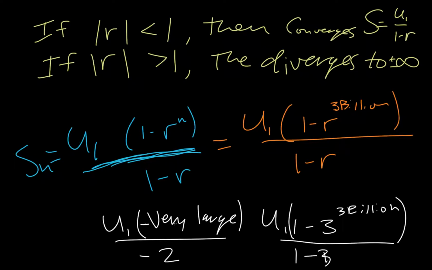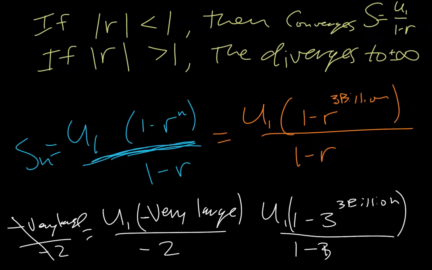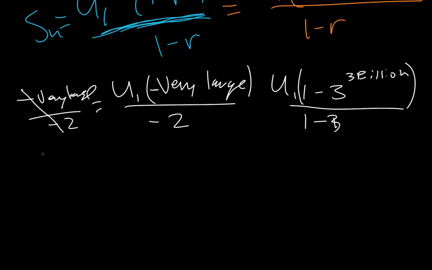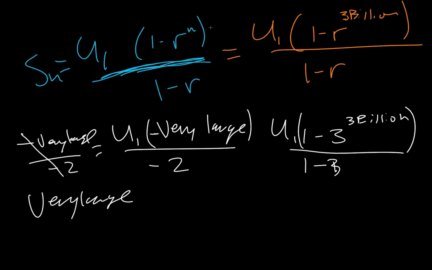So all of this, if we take a very large number, times it by something, doesn't matter the number, it's still going to be a negative, very large number. And then if we divide that by negative 2, negatives will cancel, but a very large number divided by 2 is still very large. And so if we go back to this 3 billion and we thought of it as infinity,